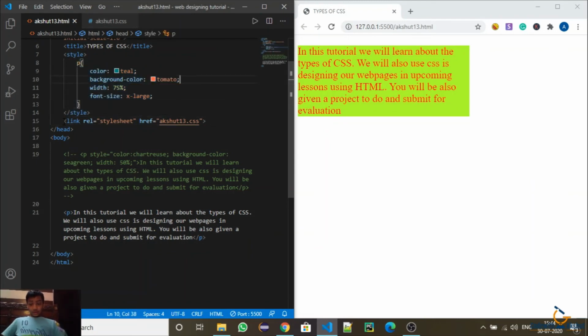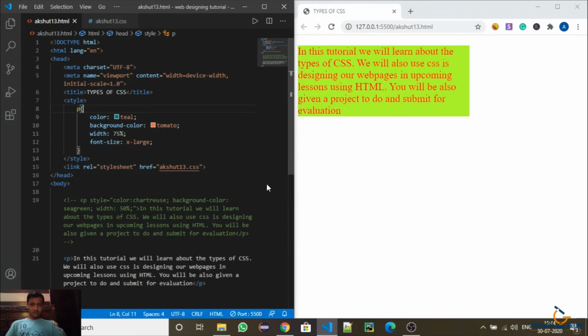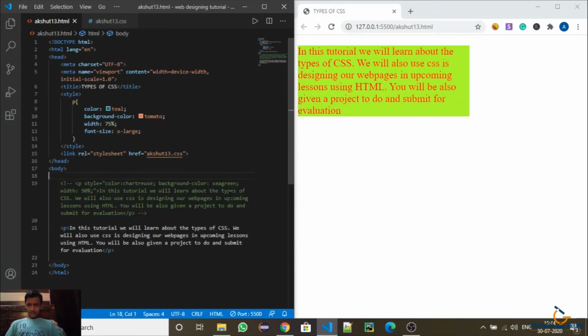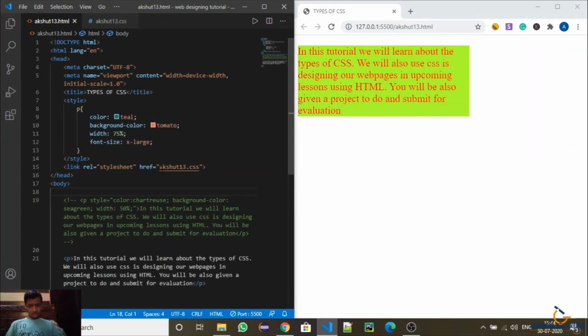So it will be a heavier or more lengthy file, containing more code. If we want to make it easily understood by the person who is seeing the code, we can link the CSS using the link tag.